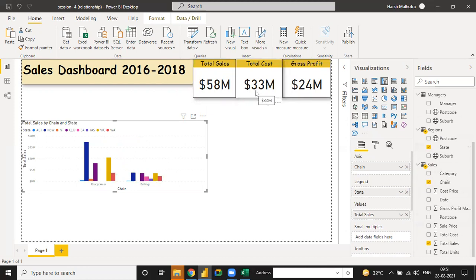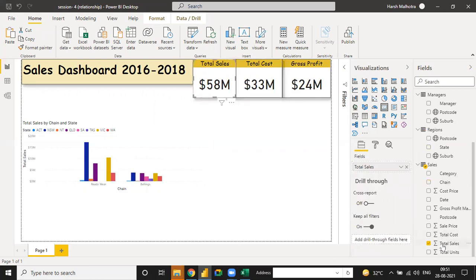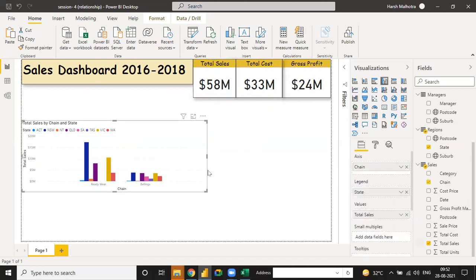But when you format your data from decimal to without decimal, your data is still correct. It's a round figure, that is the reason it shows 24 million, because sometimes we have to show only gross profit, no need to show any sales or cost. I just showed you the sales, so that is the reason.